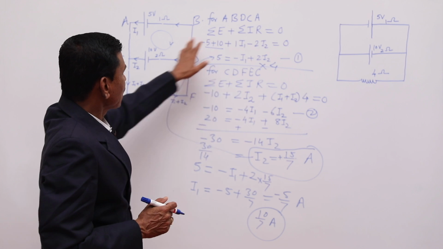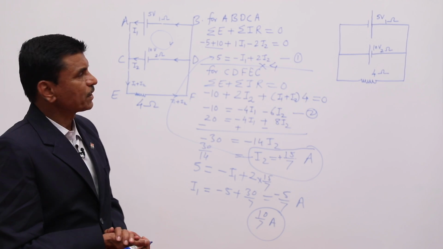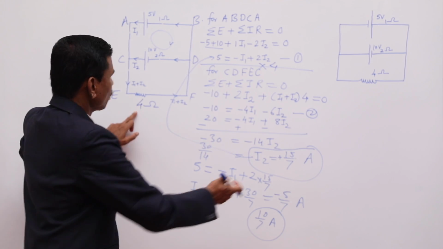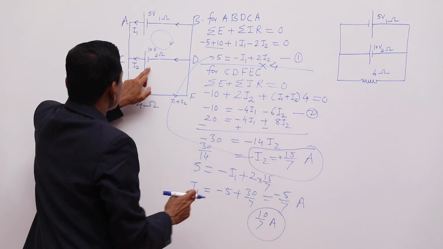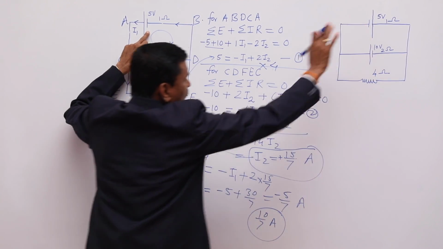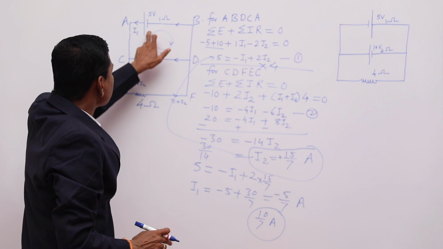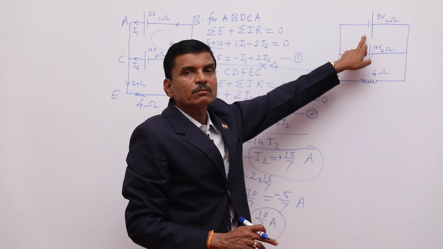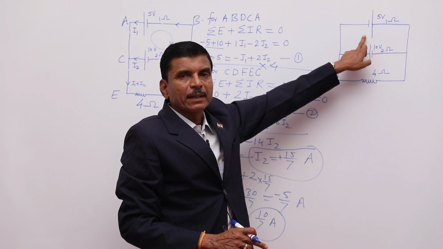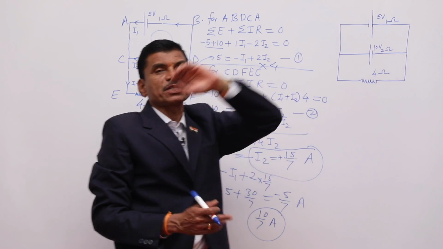See, the same diagram is drawn there. What is different? 4 ohm, 4 ohm, 10 volt, 10 volt, 5 volt, 1 ohm, same. What is the difference? The terminal of this battery is changed there, okay. And now you can find the current in different branches.